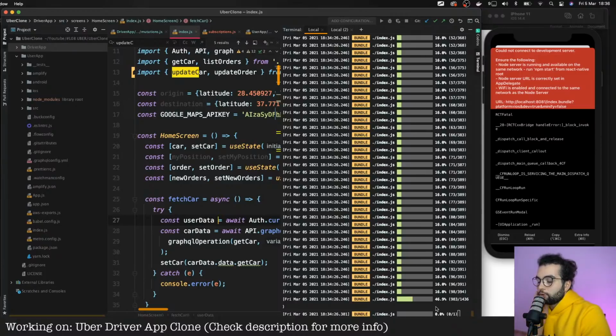And if there will be any issues with updating, I will create a pull request to GitHub and add it in the description down below, so you can check it out to make sure that everything is working.